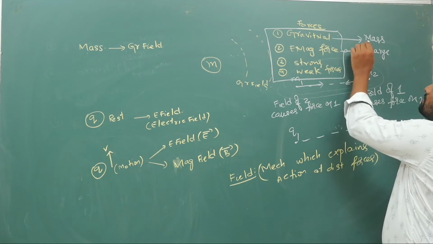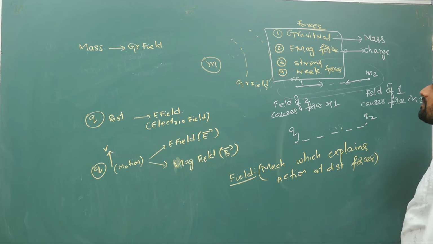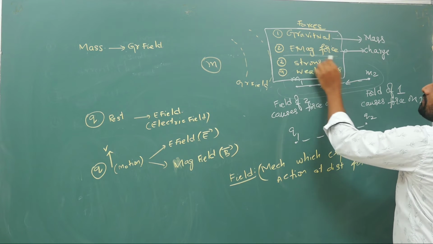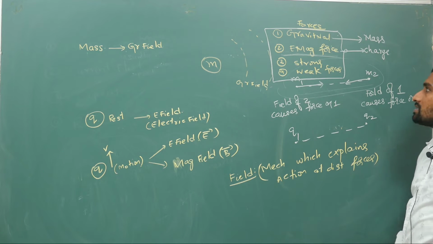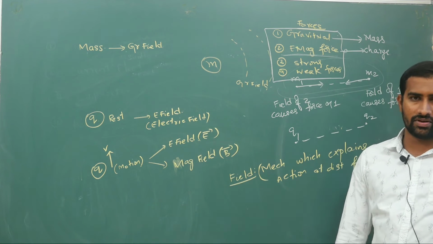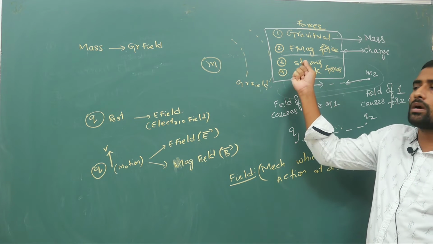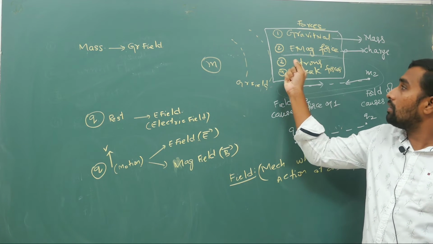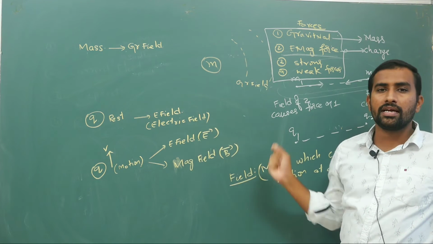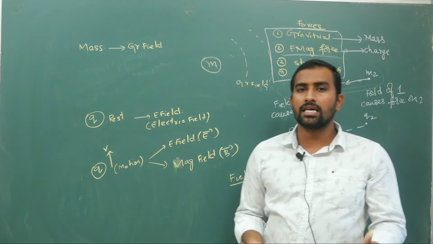Now to explain these forces, be it gravitational force or some electromagnetic force, which is a combination of both electric as well as magnetic force, we will talk of charge. Charge at rest will produce electric field, charge in motion will produce magnetic field. So field is the idea. Our observation is these forces, and to explain them we bring the idea of field, and using this field idea we will study this entire chapter of electromagnetism. So field is the key thing.